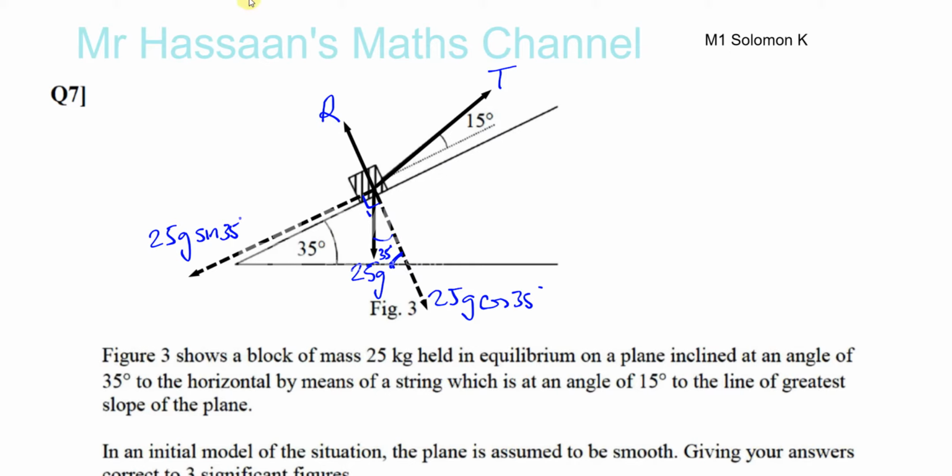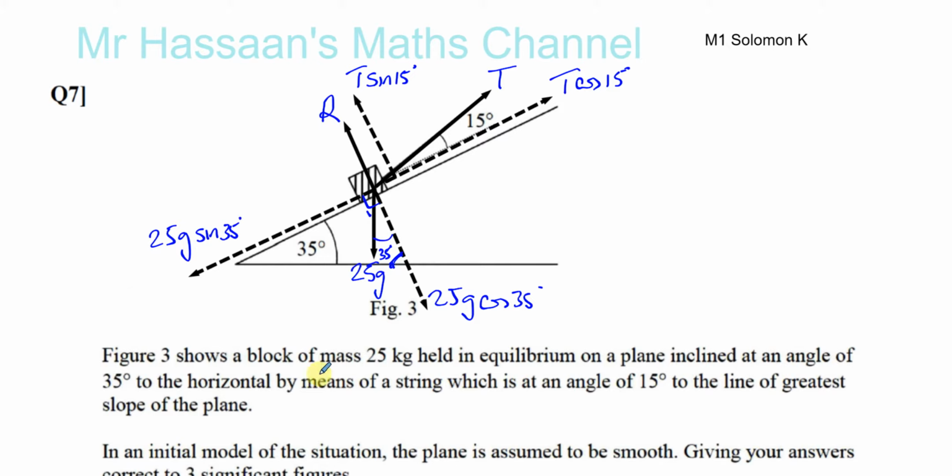Same thing here, the tension. Also, I'm going to resolve it parallel and also perpendicular to the plane. Okay, so this is going into the angle, so it's cosine, so this is 2t times cosine 15, and this is going away from the angle that we're given, so this is t times sine 15. So now we have all the forces resolved and acting on this